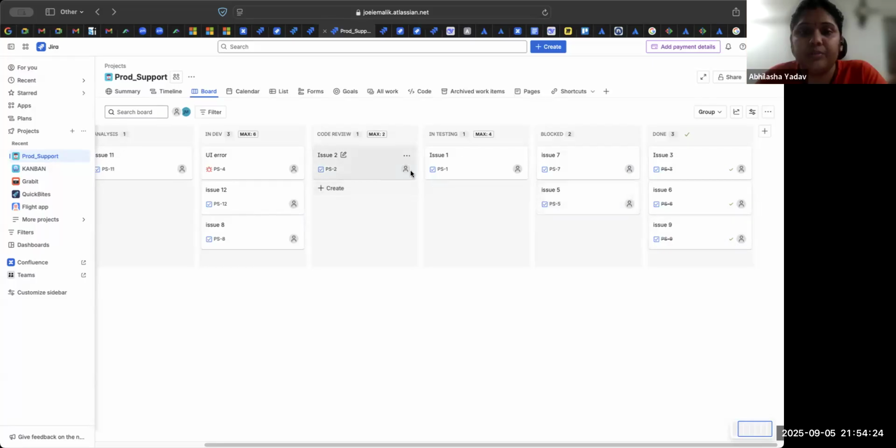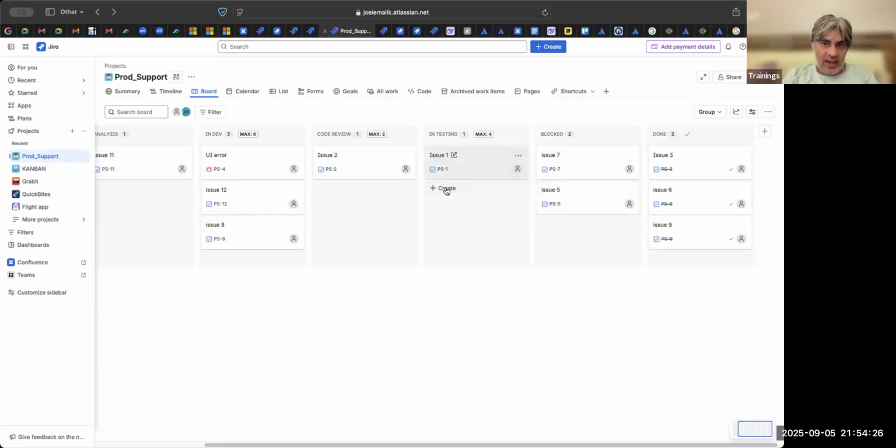Basically, if everything is getting into testing, then the traffic is not flowing, right? It is not moving to done. And as a Scrum Master, your role is to make sure that things are getting to a state of done. And how do you identify what your bottleneck is? You look at this board and you will see if there are too many things in one status. That's your problem.